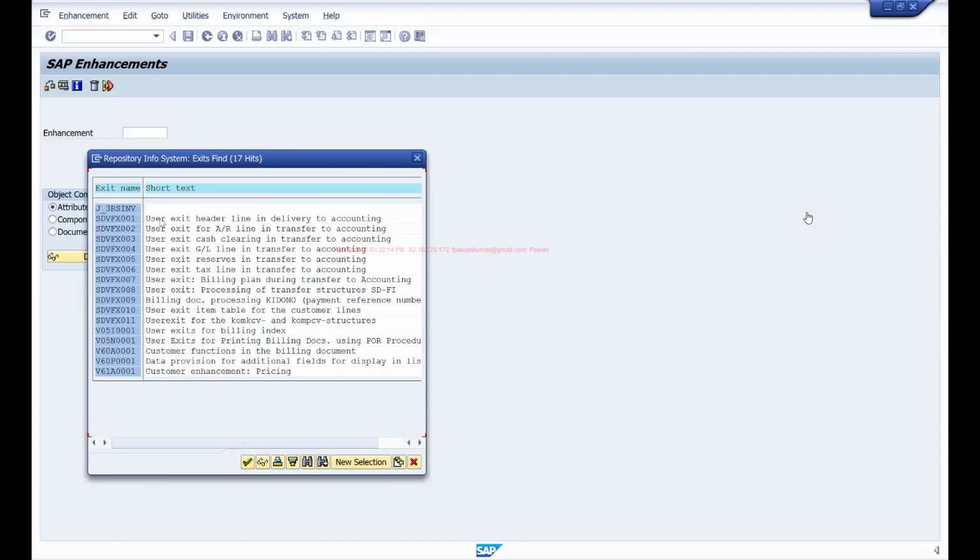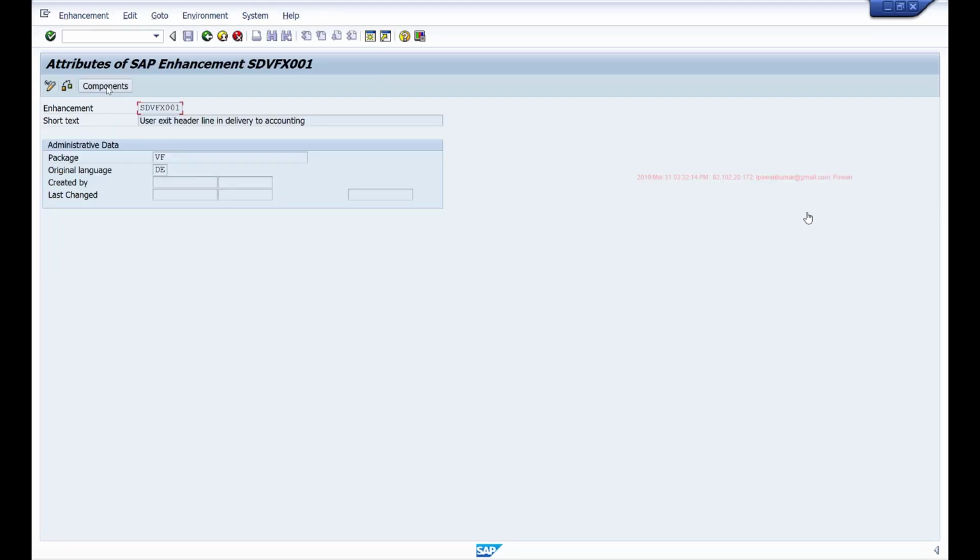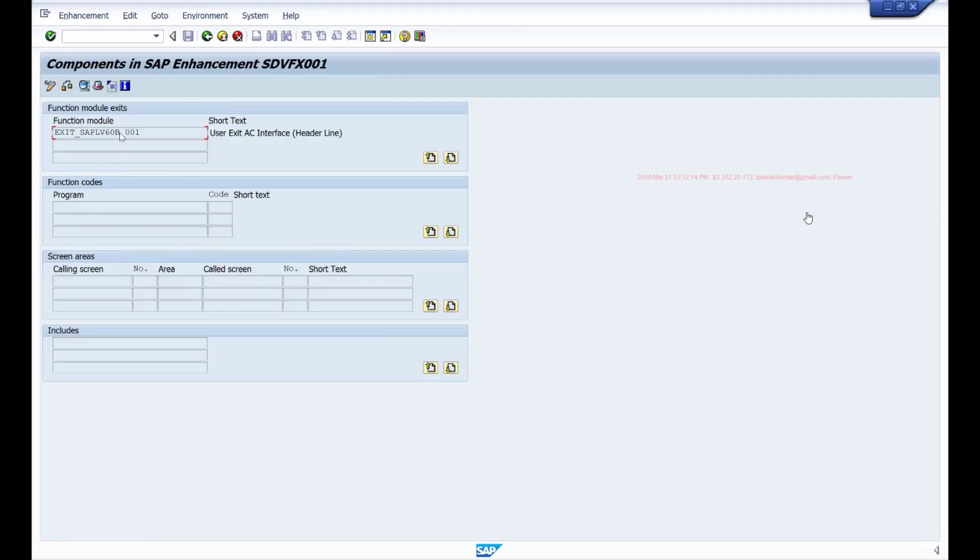So these are the enhancements available for this particular package. There's a user exit available for header line in delivery to accounting, user exit for AR line. So here you can see if any of this meets your requirement, and if you double click on this, this is the enhancement name, and if you click on display